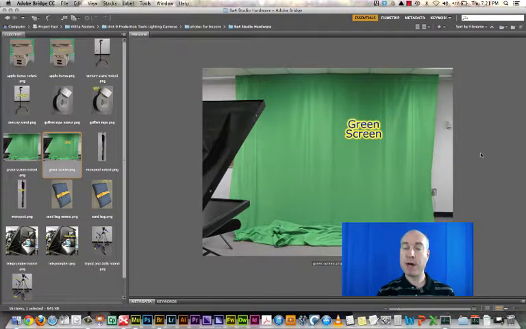This particular backdrop is a green screen. A green screen, as you might know, is useful for deleting the background from video. If we shoot a subject in front of this green screen, and if we light the green screen very carefully, and if we're skillful in our post-production, then we can delete the color green and then insert whatever kind of different background we'd like behind our subject. So this green screen will allow us to delete the background and replace it with anything else we want behind